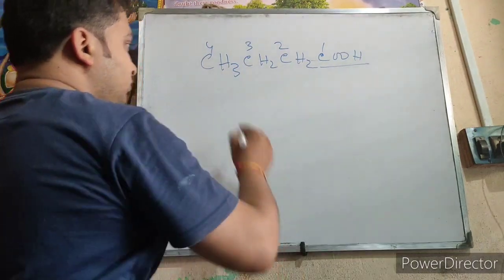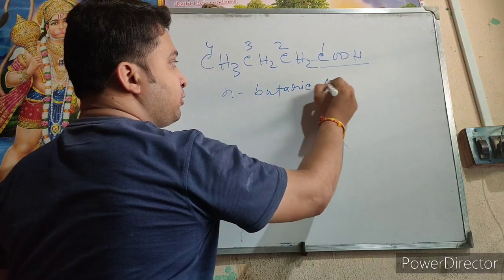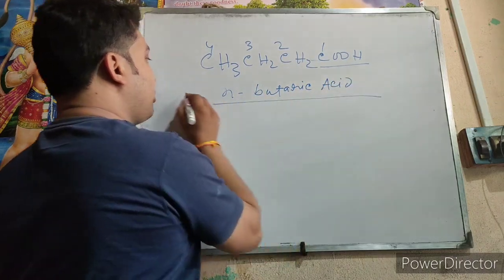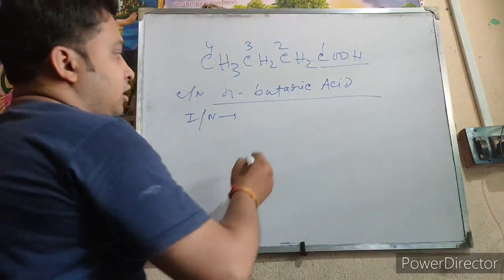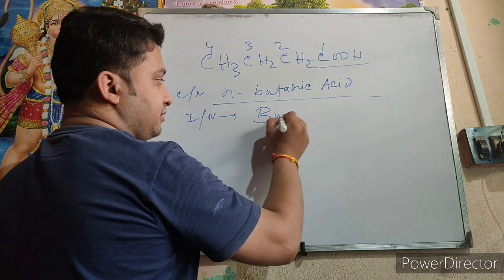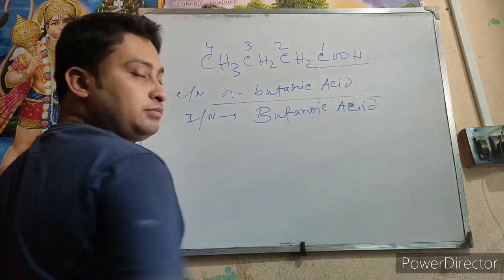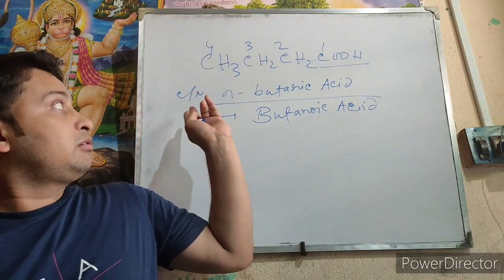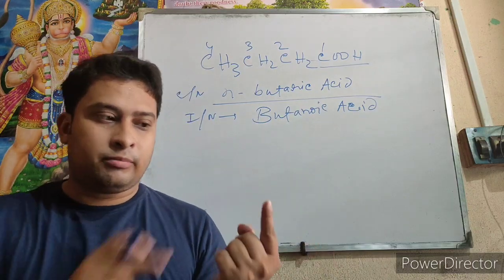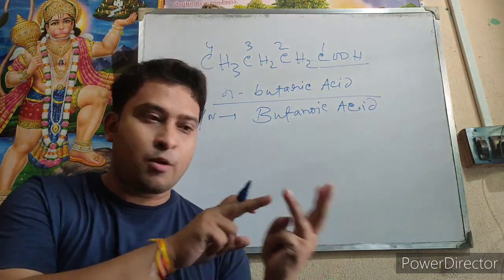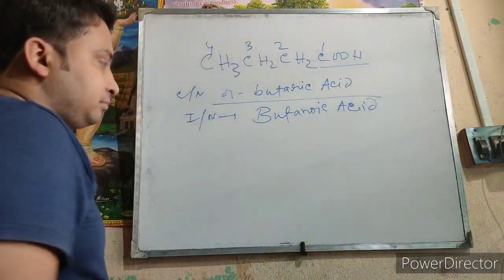N-butyric acid, or you can write its common name, and its IUPAC name is butanoic acid. Okay, butanoic acid, you can write n-butyric acid. So you learn from here: methanoic acid, ethanoic acid, propanoic acid, and this is butyric acid or butanoic acid. And the next one is